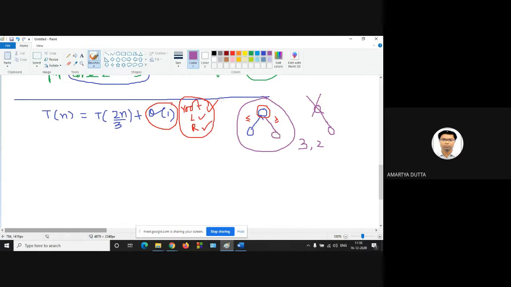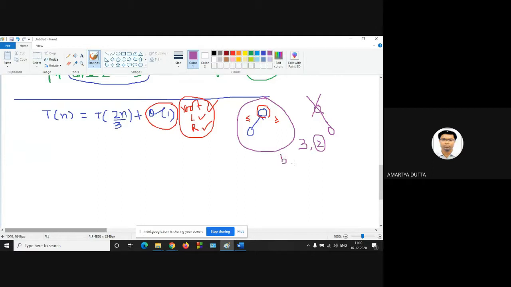Total three nodes means root, left child, right child. Now, let this be absent. So how many nodes are there? Two, root and the left one. Yes, sir. So your problem size,